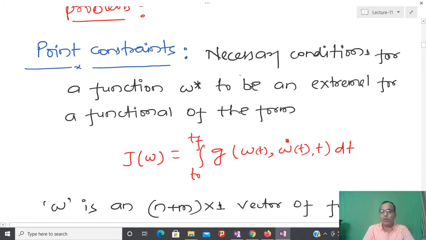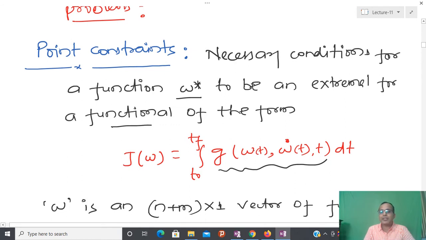So what is our goal? The goal is that I have to find a necessary condition for a function, omega star, to be extremal for a functional of this form. We have already seen that whenever we are talking about some kind of extremization or optimization problem, we define it like this. This functional is basically the integral of this quantity from t0 to tf, and here omega